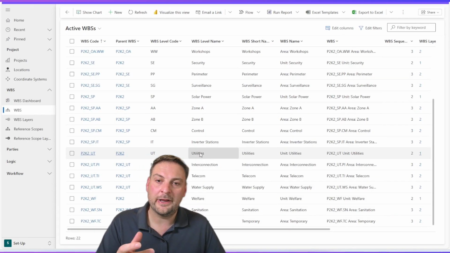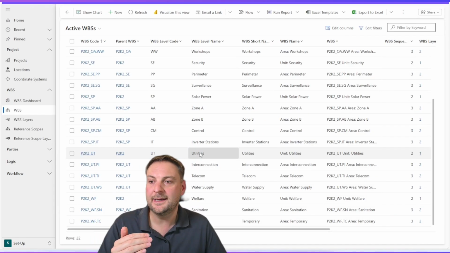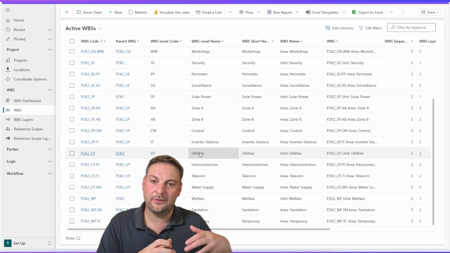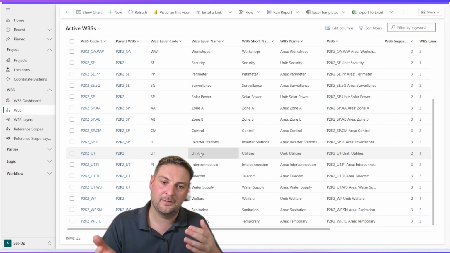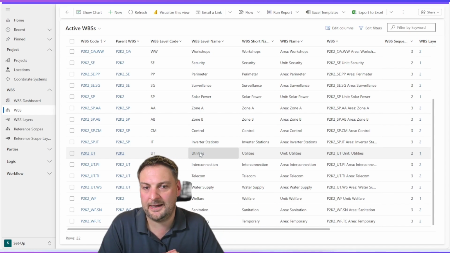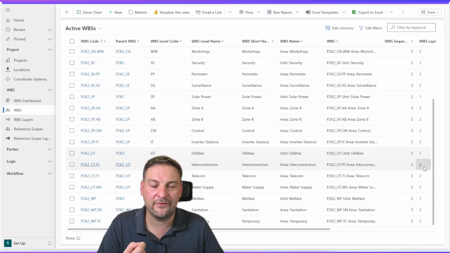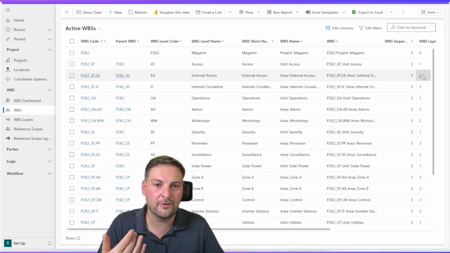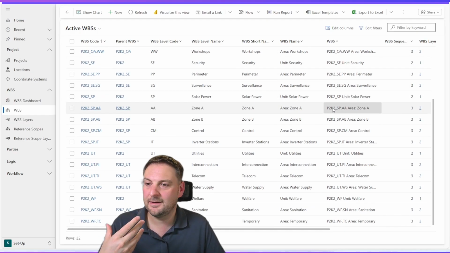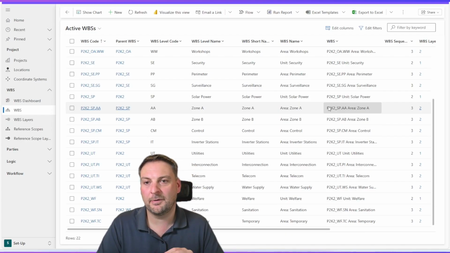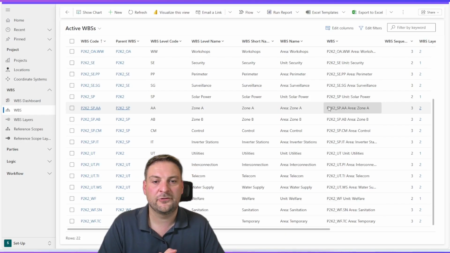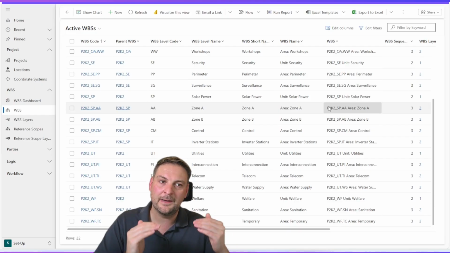Now, it's important to note that because we're building a hierarchy, you always need to make sure that the parent is already in the system when you load the next layer. So in this case, I have everything with layer 0, 1, and 2. So I can import layer number 3. But I cannot yet import layer number 4 because layer number 3 doesn't exist yet. So that's a thing to note, to make sure that you import layer by layer. There's a couple of ways